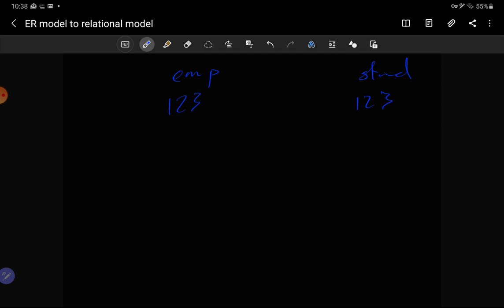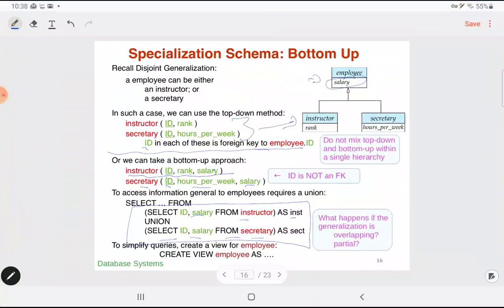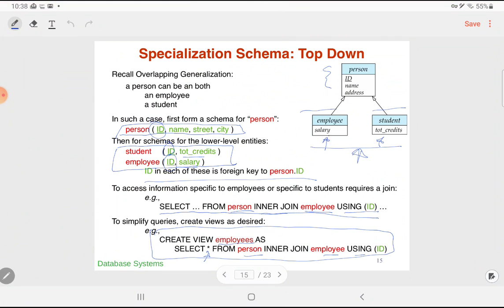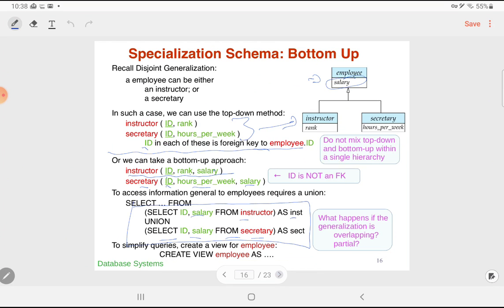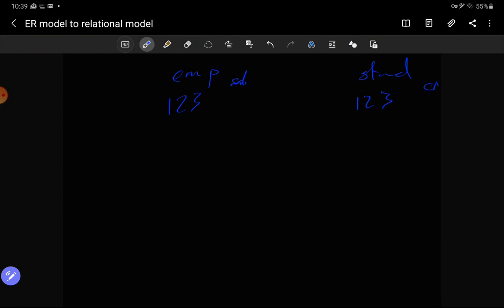In this particular case, an employee had salary information as well as other stuff, and a student had credit information. Okay. Go back here. Student has credits, employees have salaries. So, student has credits, 4.3. Salaries,